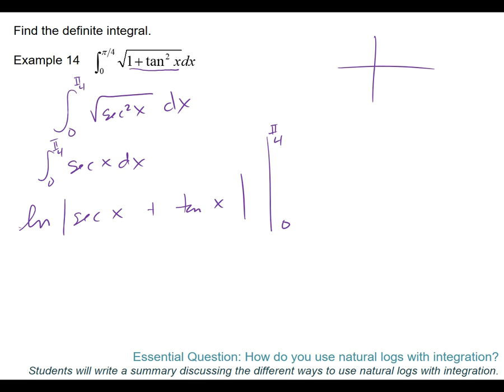Okay, so we've got to think about our coordinates for 0 are here. Pi over 4 is the one in the middle, isn't it? So square root of 2 over 2, square root of 2 over 2. Right? So pi over 4 is the one that matches. I know, it's been a while for you to circle. Alright, so let's go ahead and plug in. So you got the natural log absolute value of secant of pi over